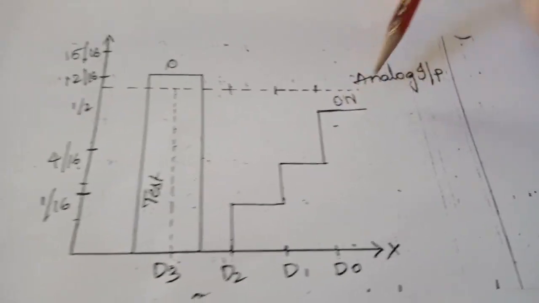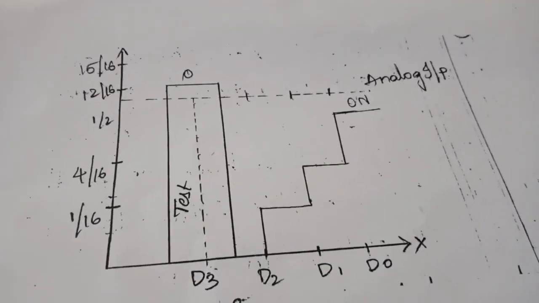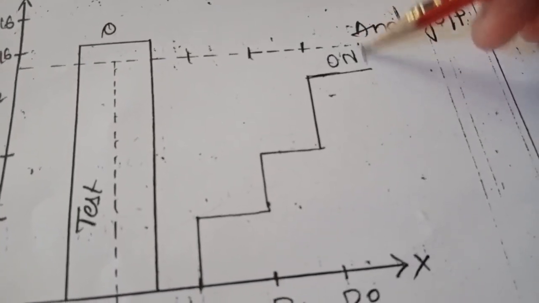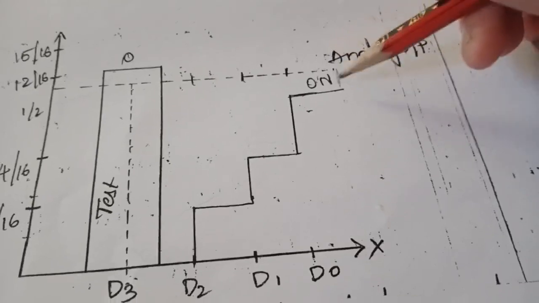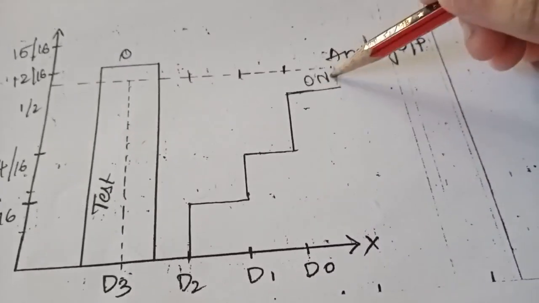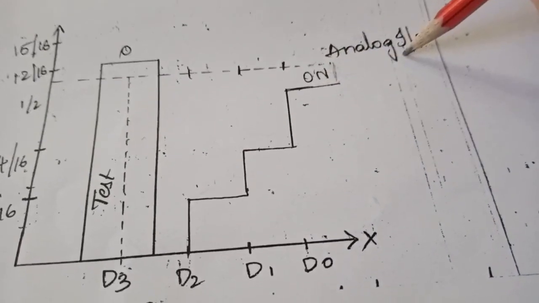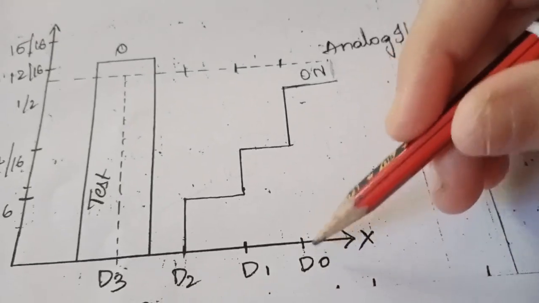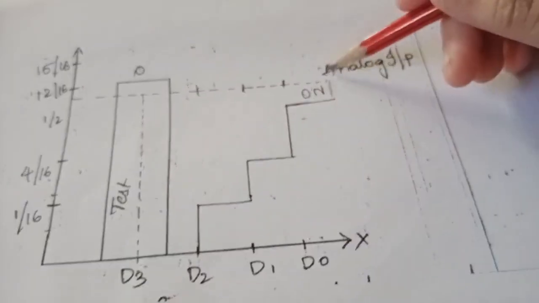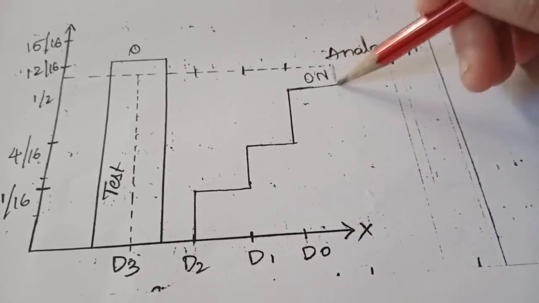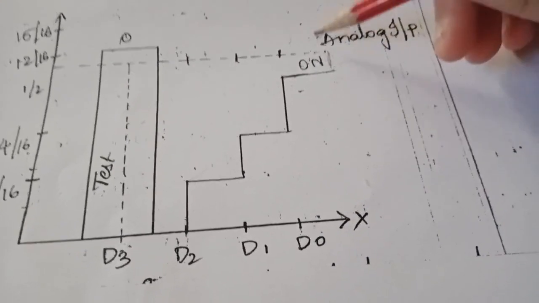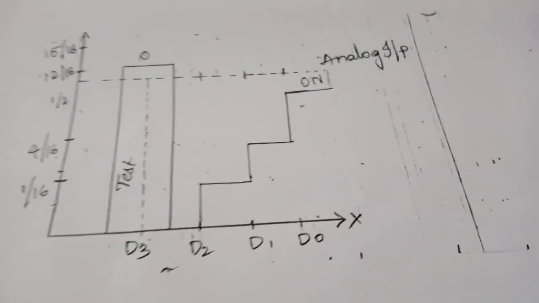Finally, at the final position, at least the approximation you will get. What is the approximation we got here? At least this much gap is there between analog input and D0. Means very less, not more. So your analog input is, for example, 2, and your digital will be approximately equal to 1.8, so that is like approximation 1.9. So at least it is reaching the approximation level.